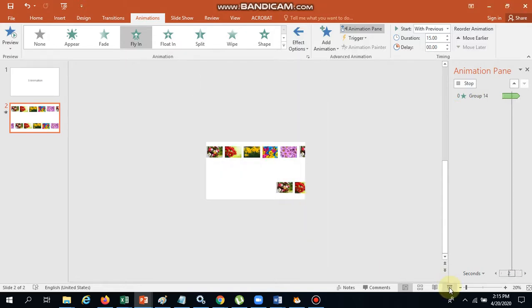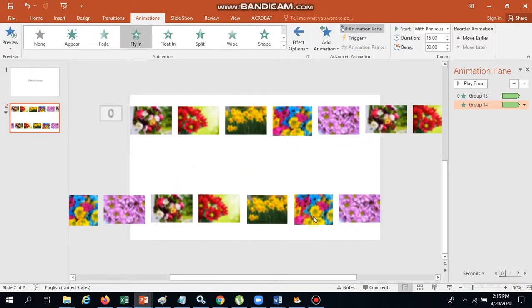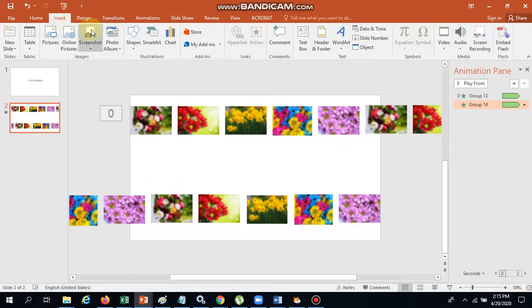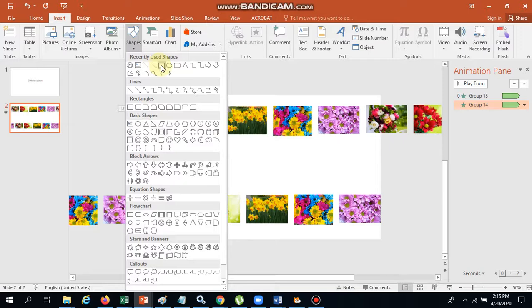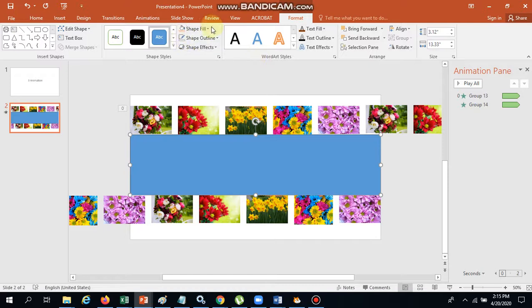Okay, then after that, to increase the size, I'm going to design here. Go to Insert, Shapes, click on Shapes, then choose any color, any different colors whichever you want to apply here.